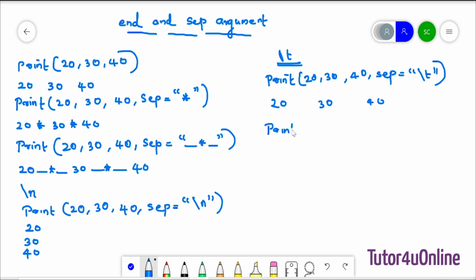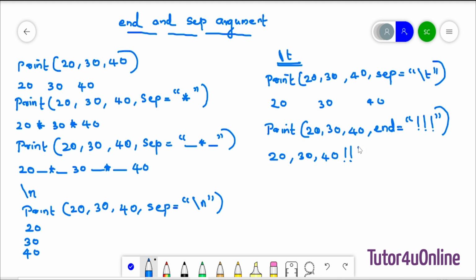Print 20, 30, 40, comma, end is equals to, in double quotes, I am writing 3 exclamation marks. Then I close the bracket. Then I'll get the answer 20, 30, 40, and then it ends with the 3 exclamation marks.